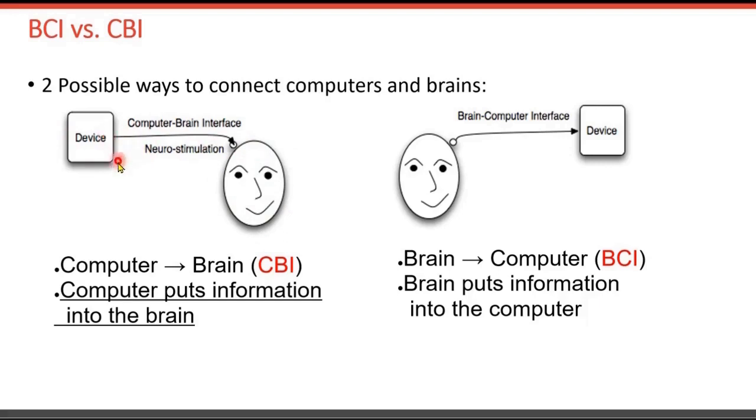There are some brain disease disorders such as Parkinson's disease. They, for instance, use so-called neurostimulation to stimulate certain parts of the brain, and we can think of this kind of stimulation as putting some information into the brain. Also, there are other brain disease conditions such as epilepsy. In practice, we can see CBI systems being used in clinical areas. The aim is to stimulate certain parts of the brain to disrupt or change the way the neural connections in the brain work.